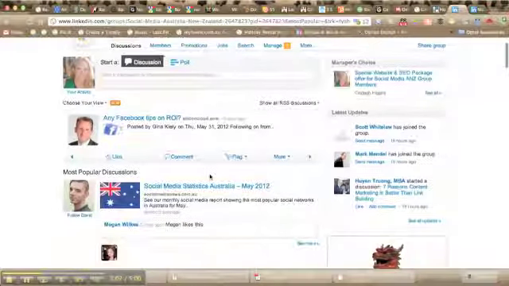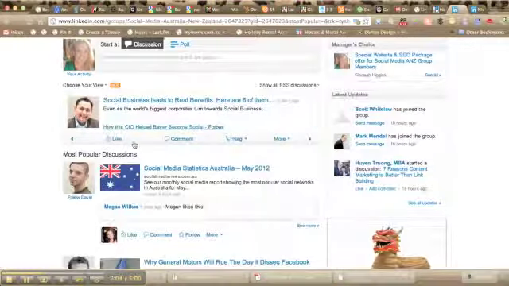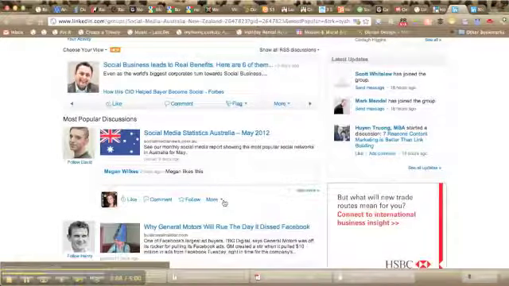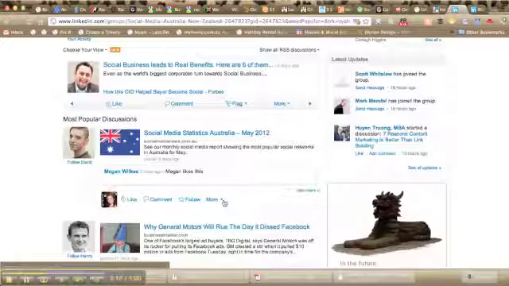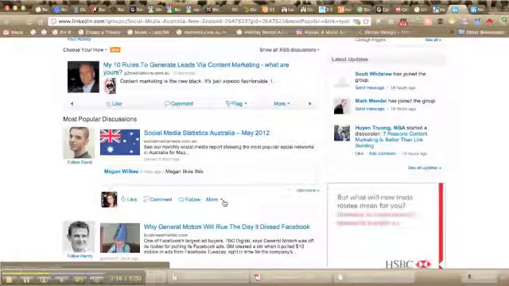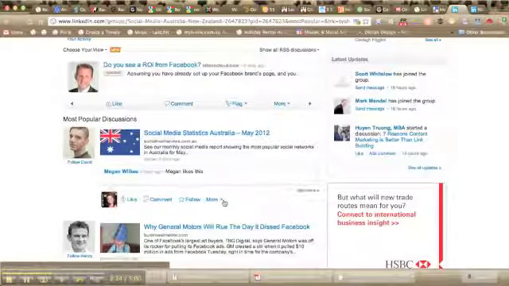So as you can see in here, this is a group about social media. This is one that I've set up myself, and this is a great way if you can't see a group that you would like. Perhaps it's French fans in Victoria, people who like Spanish in Melbourne. If you can't see that group, you could actually set one up yourself and be the owner of the group. You do have to make sure that you've got the time to invest in it. But once you're involved in it, you can see that other people get involved.